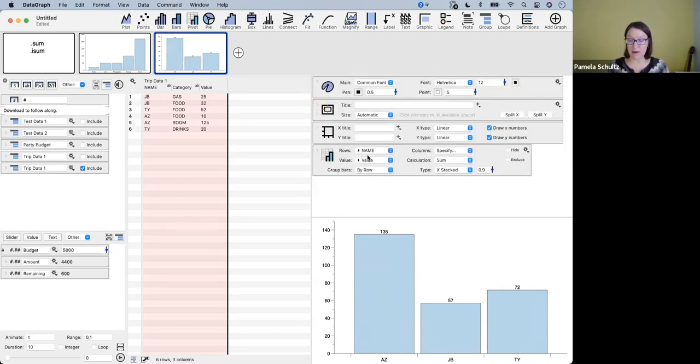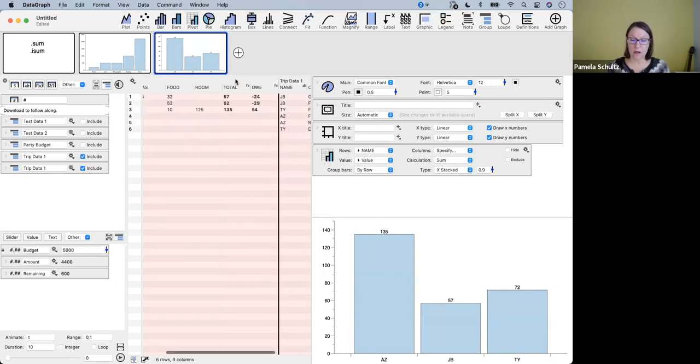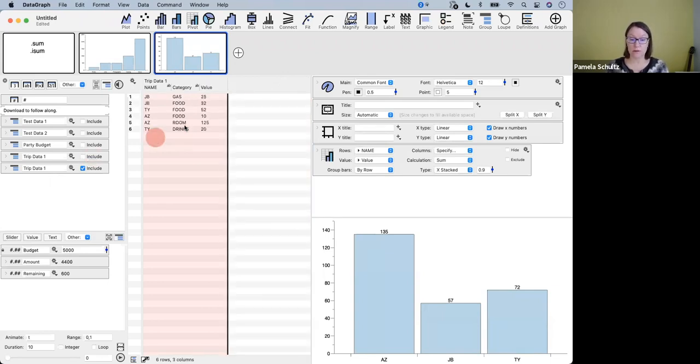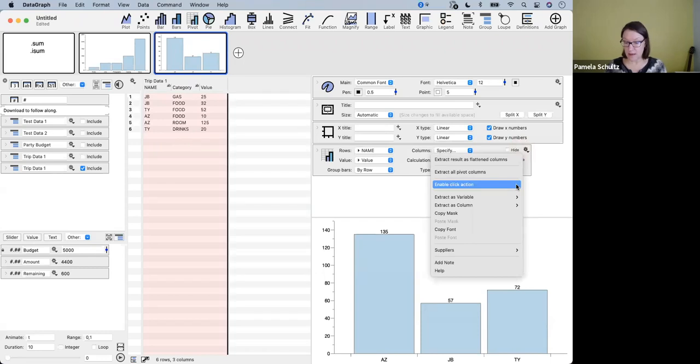And if I add new data or new categories, then these sums are still going to be calculated, and it's not going to affect my equations. Whereas here, this is going to require the addition of a new column in order to show this, to continue with this approach. Now, what I can do is I can extract this data, click on the gear menu,